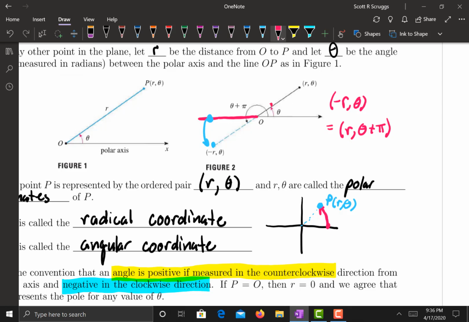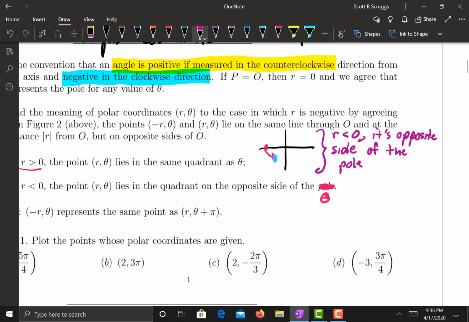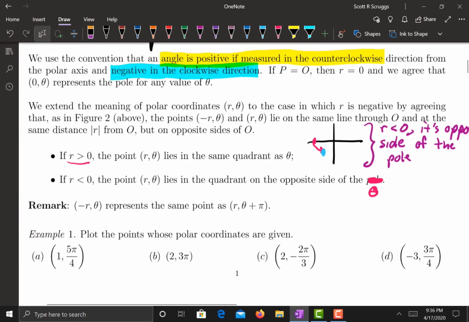If starting from here, I go 180 degrees. Let's use a different color, let's use purple. If I go 180 degrees, which, if you convert pi from radians to degrees, pi will be 180 degrees, I land back at the same ray that is generated from me starting at negative r and then going pi units. So that's going to be an equality that I will be using